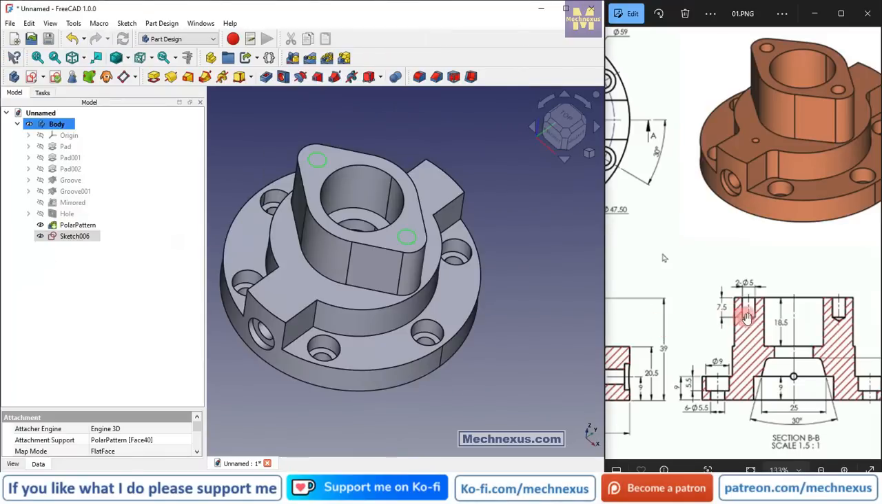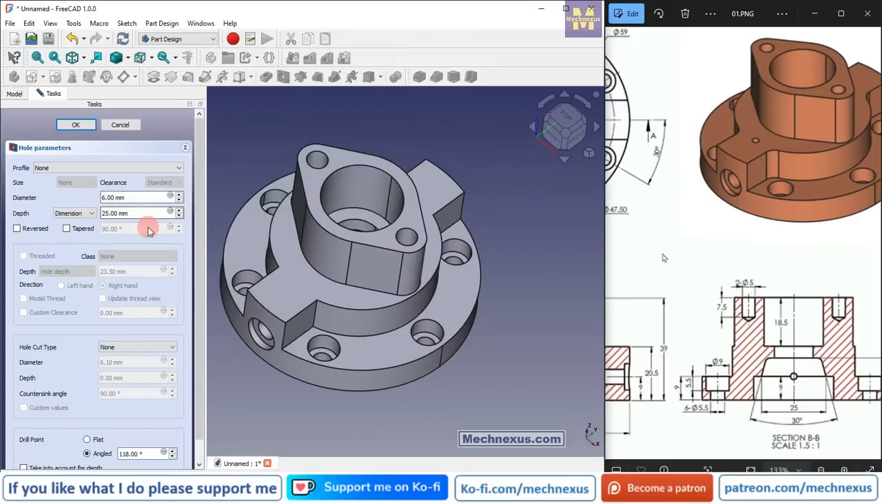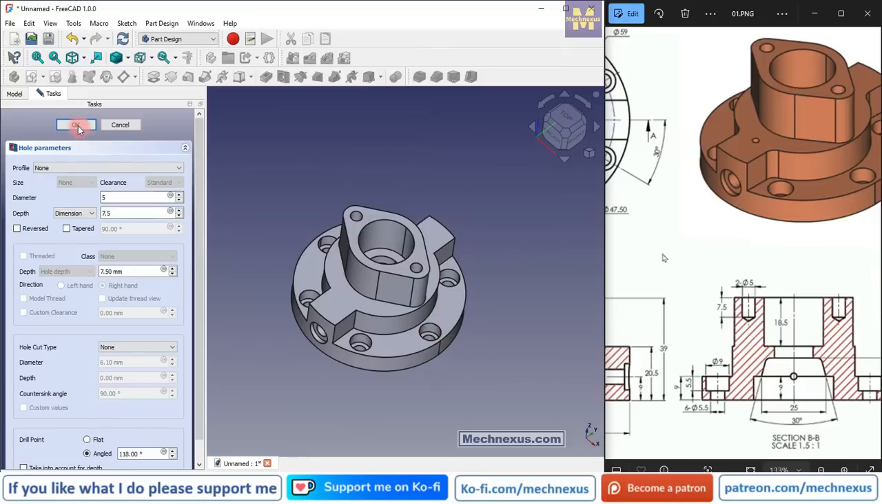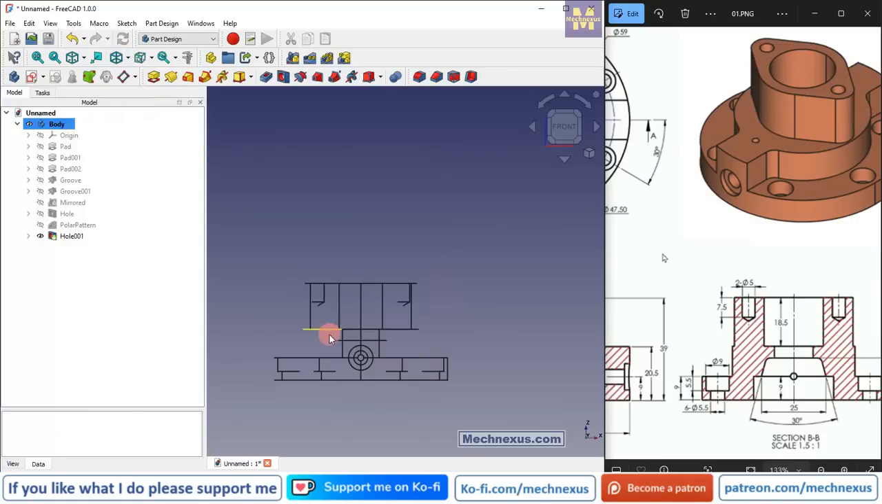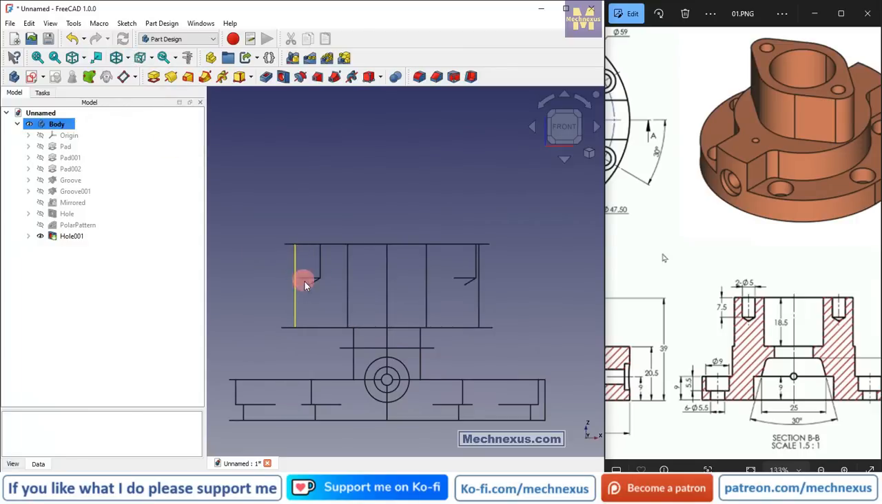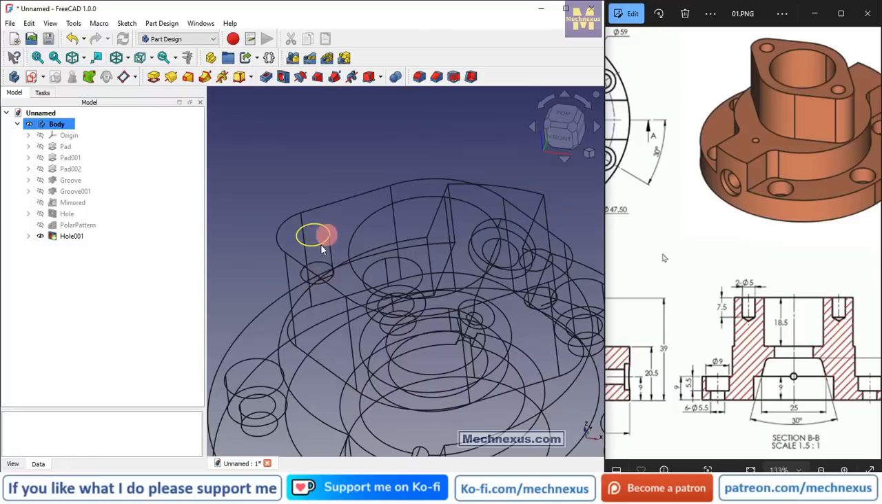Now we will create this hole, so we will select the sketch and click on the hole wizard, and here our diameter is 5 mm, depth is 7.5, and click on OK. Now to check it, switch to the front view and switch to the wireframe, so we can see that our drill hole is created. Now we will switch to the flat lines,